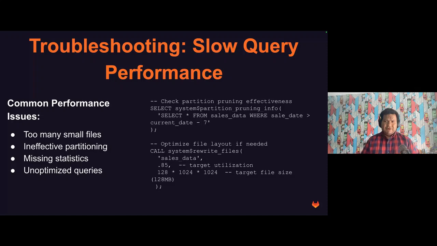When Iceberg queries underperform, the most common culprits are ineffective partition pruning, suboptimal file size, and missing or outdated statistics, issues that can be quickly diagnosed with Snowflake's performance analysis tools. The solution typically involves strategic adjustments, like rewriting small files into larger ones, updating table statistics with analyze, redefining partition strategies to better match query patterns, or implementing data clustering that aligns with frequently joined columns. Interventions that can often transform slow queries into performant ones without changing application